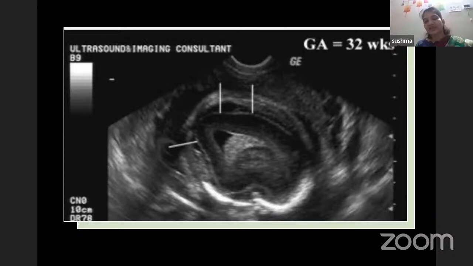This case here is again a difficult one. Here you can see that the gestational age is 32 weeks, but the brain, as you see here, doesn't have any sulcations and gyrations. So sulcations and gyrations, as we all know, there are